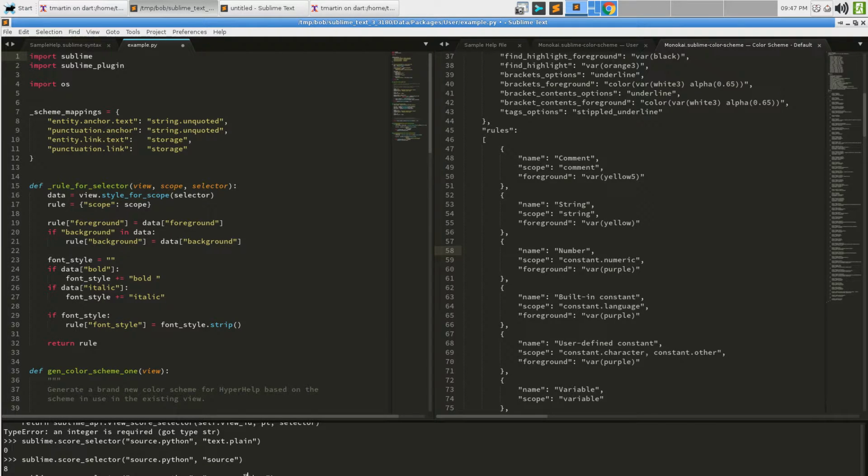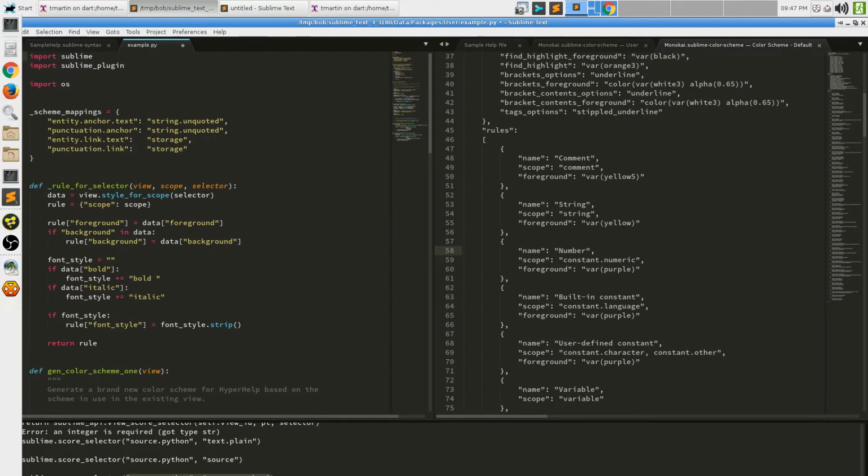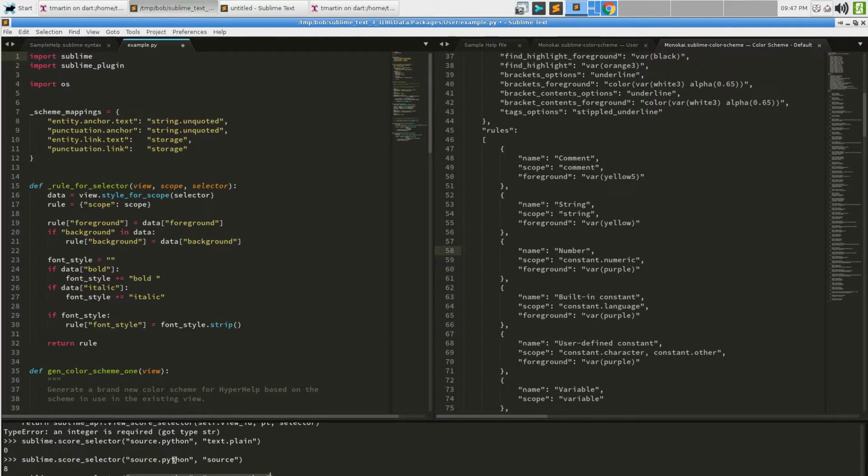Each one of these parts of the scope is a bit or something. I don't actually know. But as we can see, we get a number value that is bigger depending on how closely these match. So when it's an exact match, in this case, it's 16. When it's a partial match, when only one of them matches, it's 8.